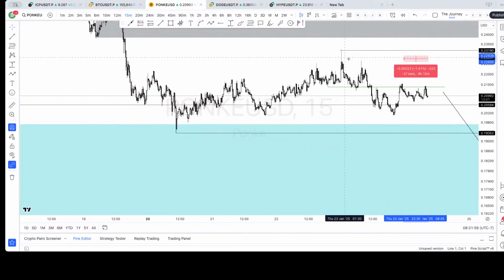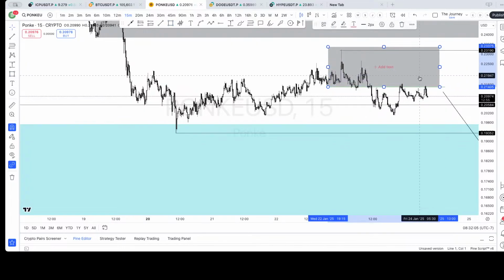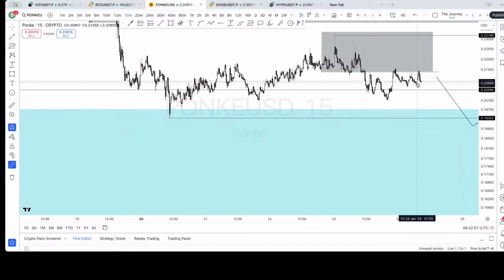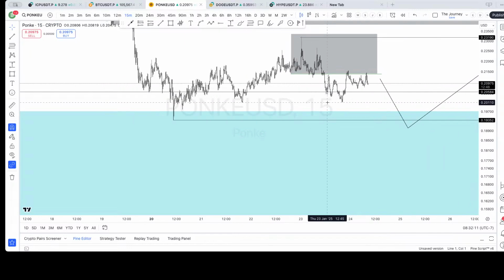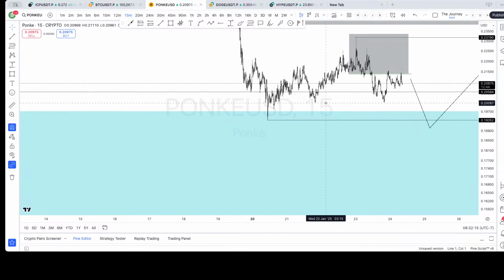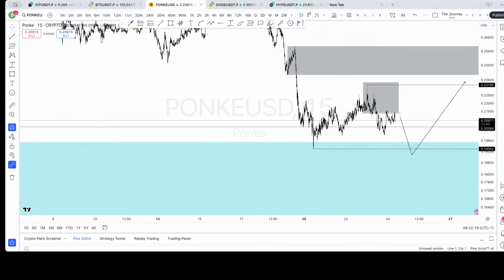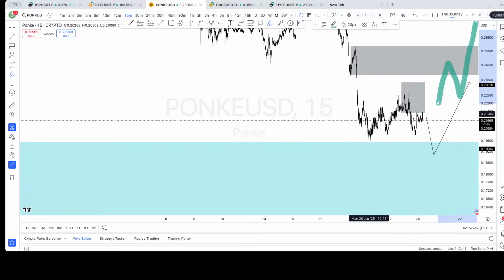So you lose your structure at the top of the range here, and boom, right? We start building our hot dog buns, and yeah, pull the low again. Pull the low again. That starts to look a lot more like accumulation. Pull the low 2 more times, and it definitely starts to look like accumulation. Then come back up, crack this. Maybe get some retrace out of there and run it.